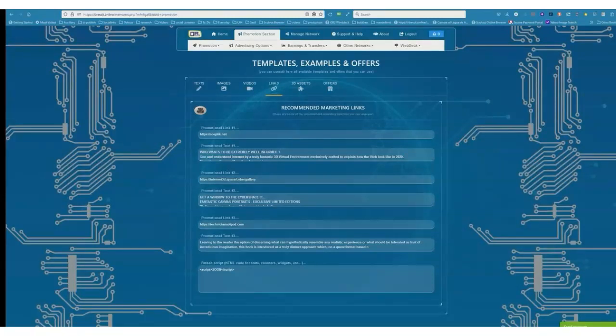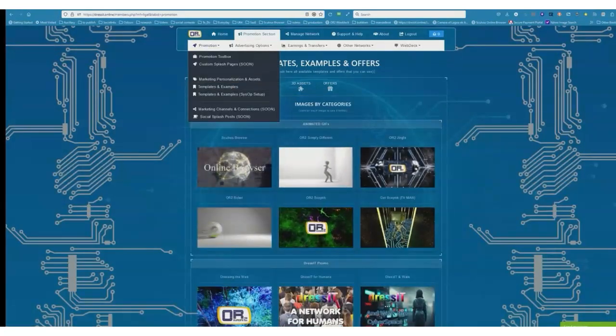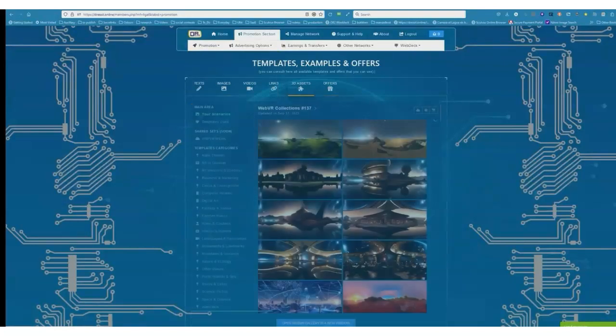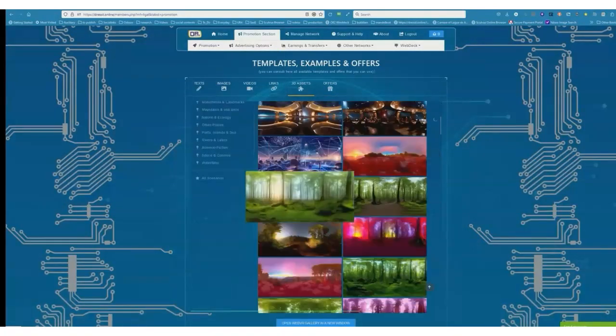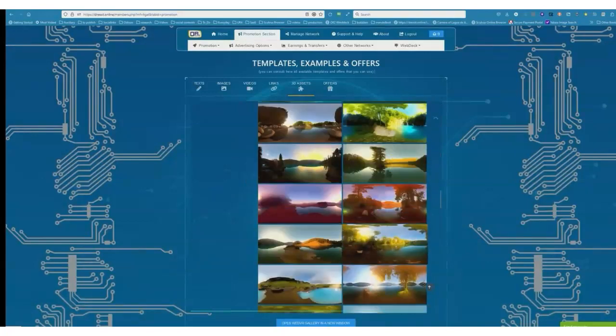Important is we are moving. But look now, that is exactly what we are speaking about now, Marius. If you click here, these are the links, the videos, the images. You just go to promotions, templates and examples, and if you click 3D assets, you have already all 3D assets, the scenarios that we are doing, me